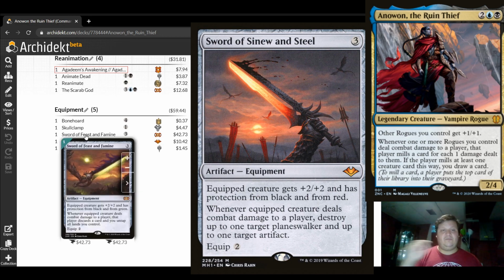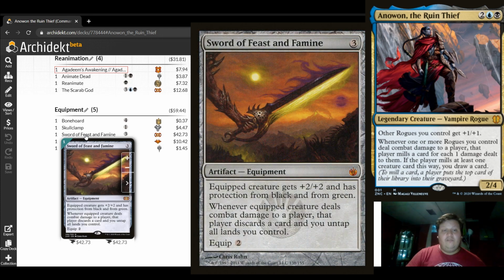Next up is the really expensive one, Sword of Feast and Famine, for 3 generic and 2 to equip. It's an equipment that says equipped creature gets +2/+2 and has protection from black and green. When the equipped creature deals combat damage to a player, that player discards a card and you untap all lands